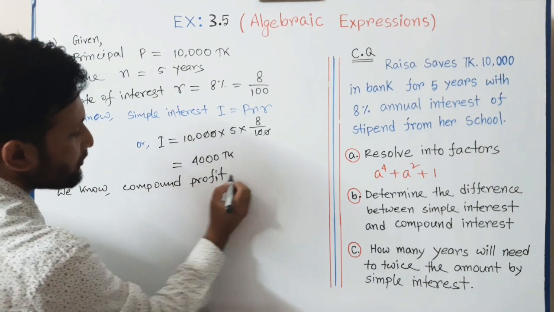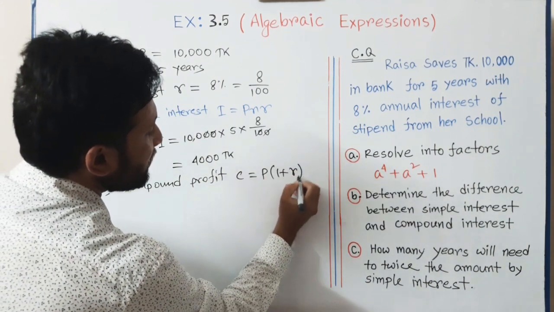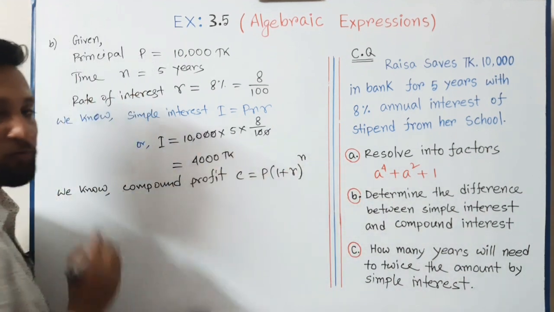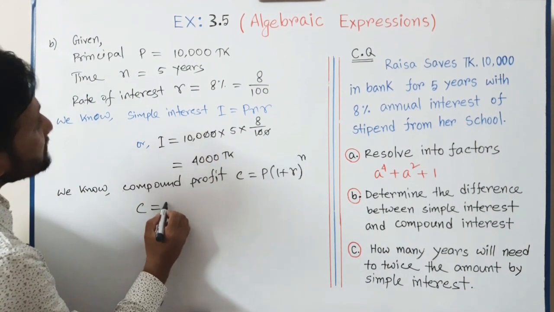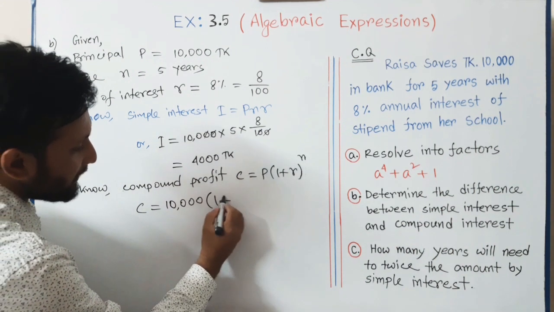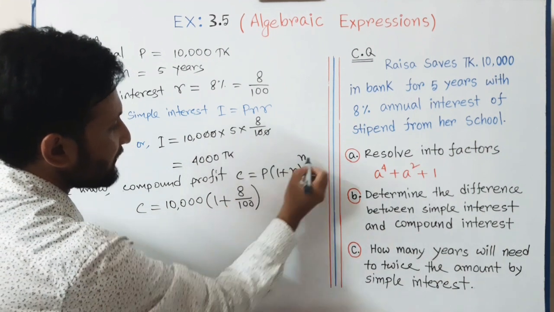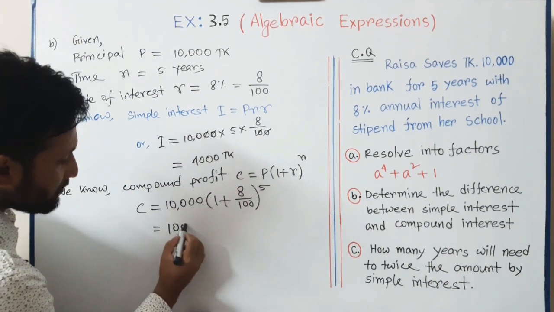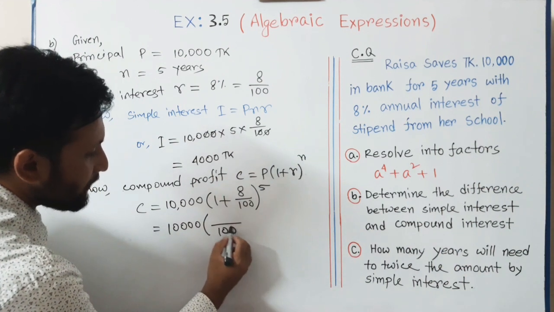The formula is compound profit C equal to P into (1 plus R) to the power N. This is the formula of compound profit. So putting the values here, C equal to P, that means principal amount is 10,000 taka, and then 1 plus R, that means interest rate 8 divided by 100, and to the power N, that means number of time is 5. So putting this value, now 10,000, then by using simple calculation we can get here 1,000, 100